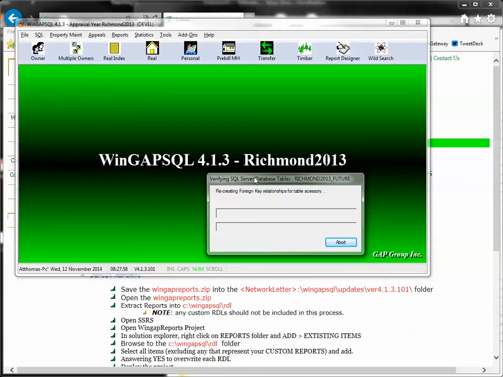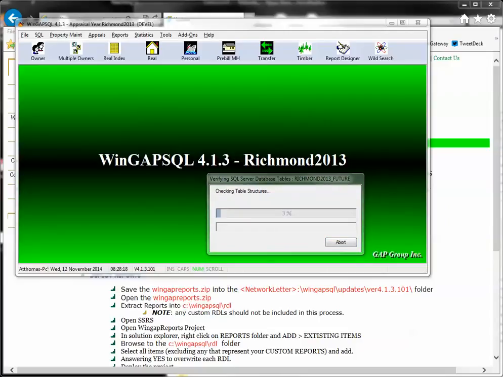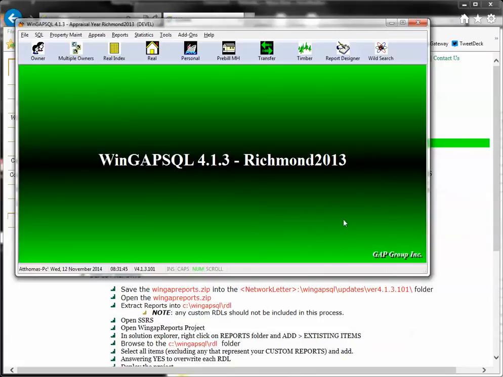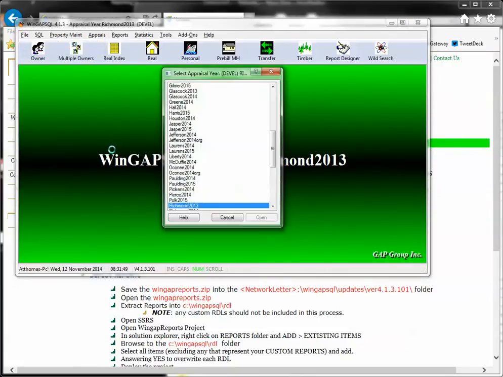If a future folder exists, it will automatically struct fix the future folder for you. Okay, we can see that the struct fix is complete. If I wanted to struct fix the other years, I would select appraisal year. I would select the next year in my list, click open,